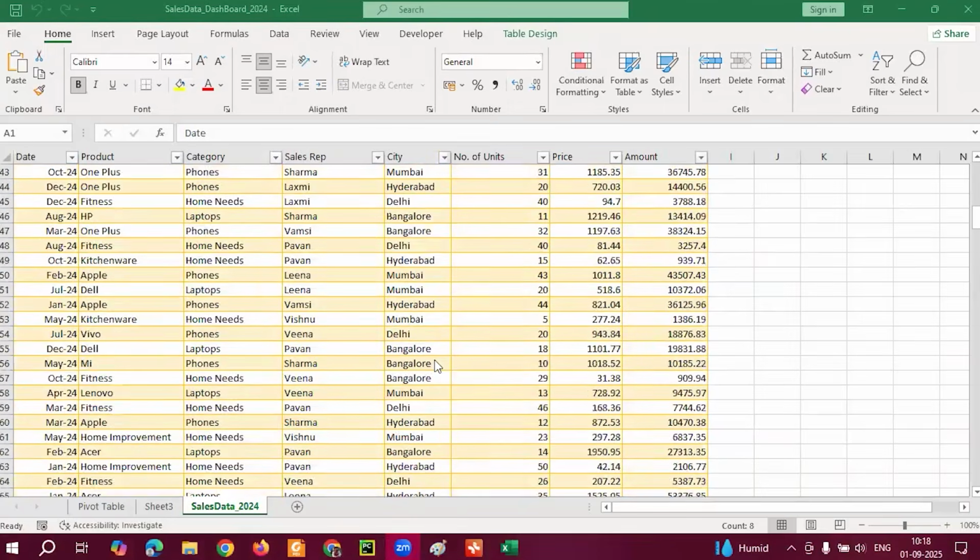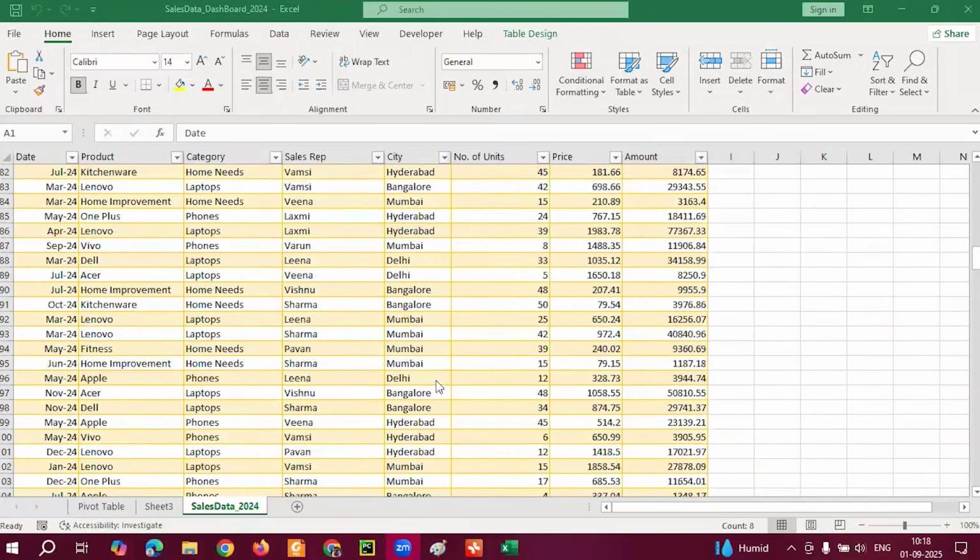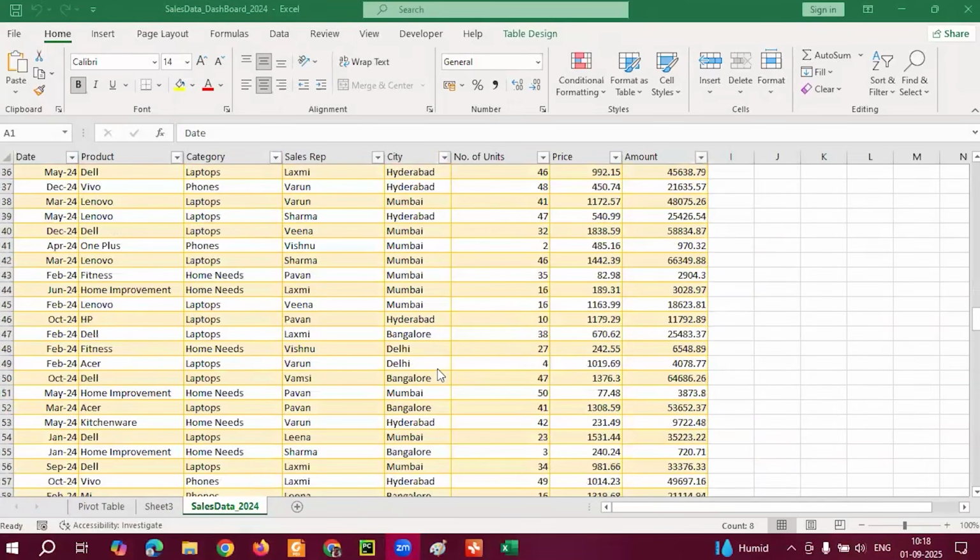Fine, good. Now what is your next target? If I give this data to the management, they are unable to understand anything. So your task is to convert this data into a meaningful format, in a graphical format. Then it will be much better. Convert this data into graphical format. Oh, you want to convert it into graphical format? Let's see what to do.